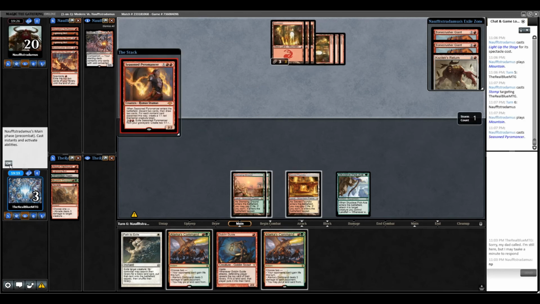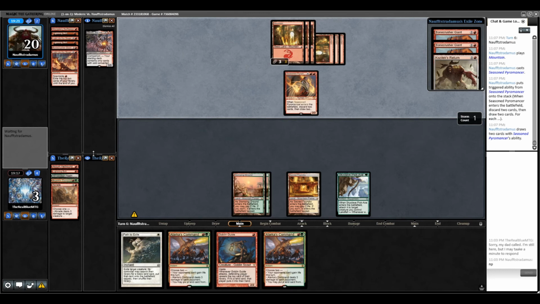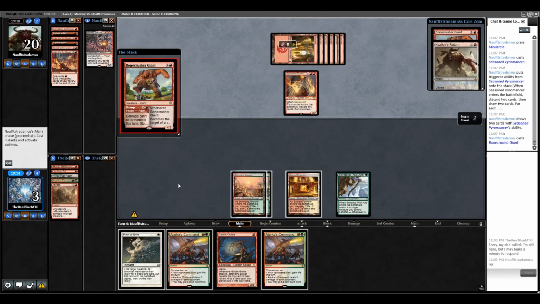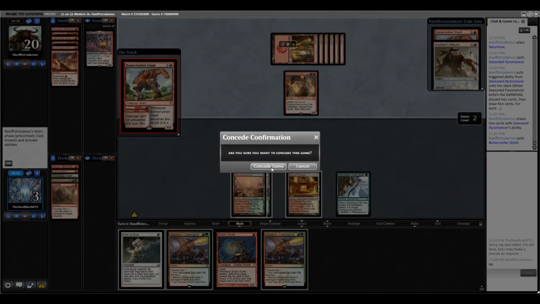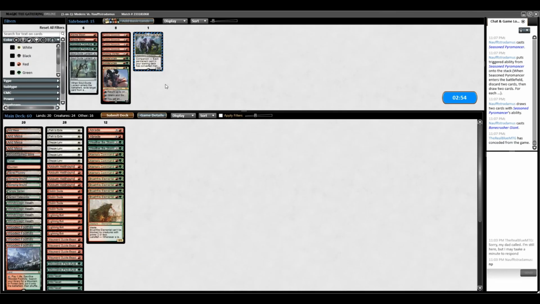Seasoned Pyromancer to go draw some cards. Okay. They drew 2 cards. And they're going to run out a Bone Crusher. Yeah, we're dead. In order to kill the Bone Crusher, I have to take 2, which will put me to 1. Is there anything out of the sideboard we want? I don't think so. I'll just run it back again. Ugh. Good news is, we are on the play for Game 3. So hopefully, here for Game 3, we can...